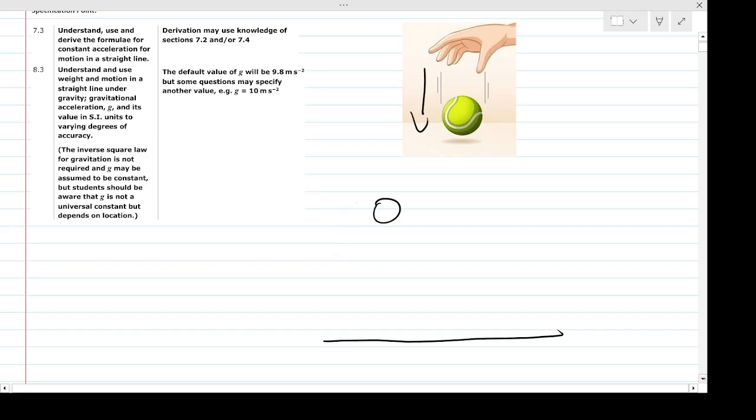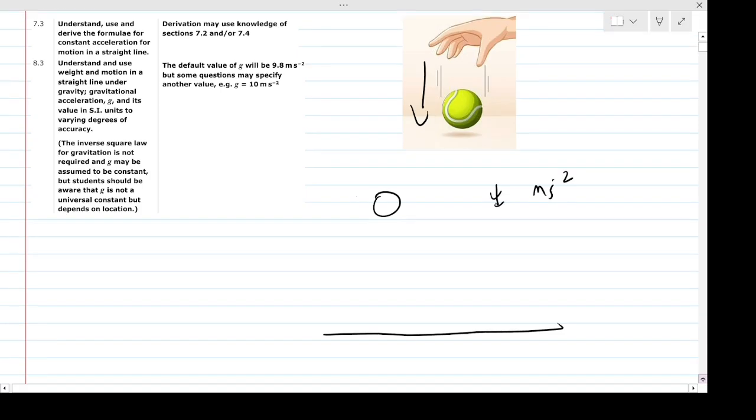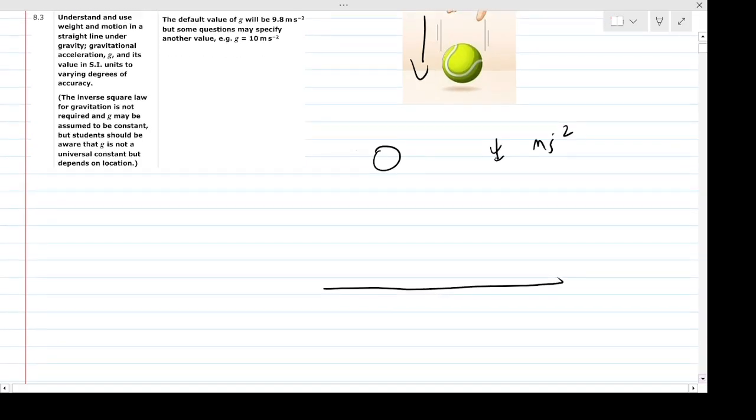What it turns out is the acceleration, which tells me if it's speeding up or slowing down, is constant. Hence, because it's constant, we can apply what we've done so far. We can apply the SUVAT formulas to this situation. And in particular, when things fall down in this way, the acceleration due to gravity